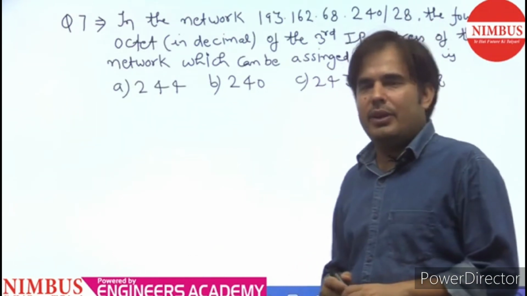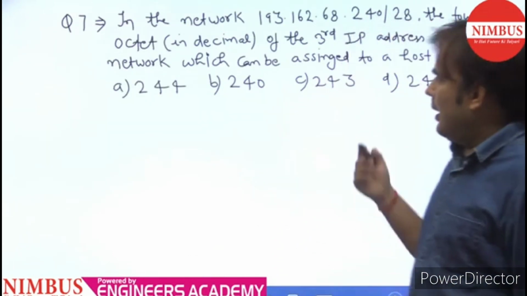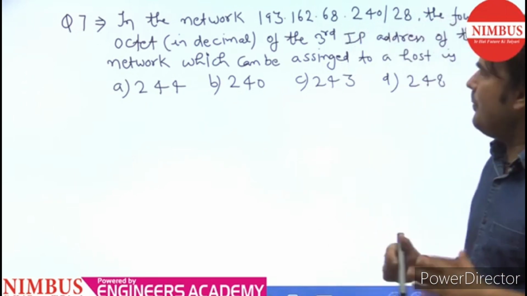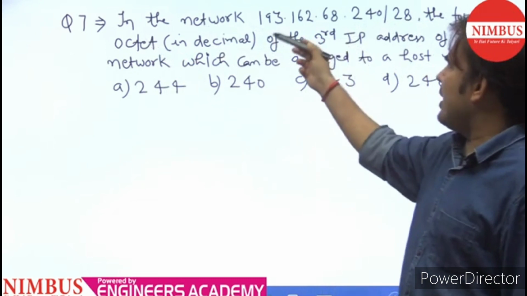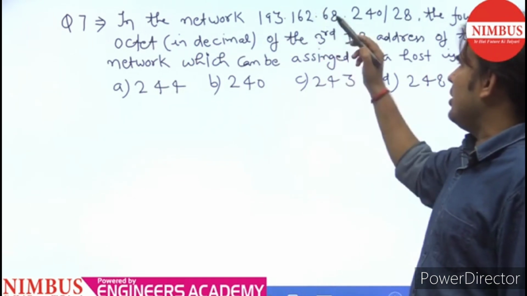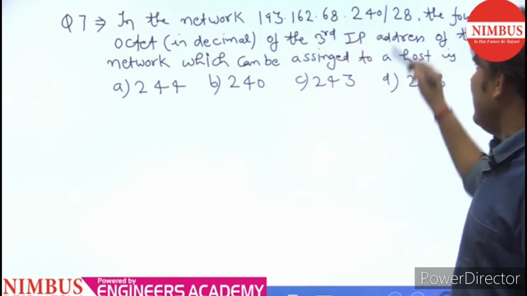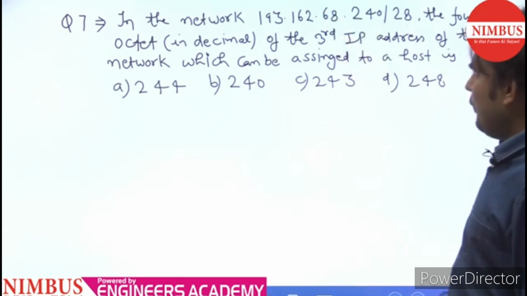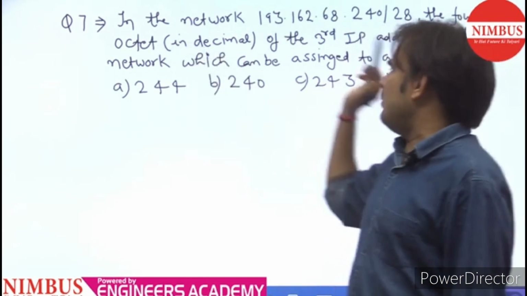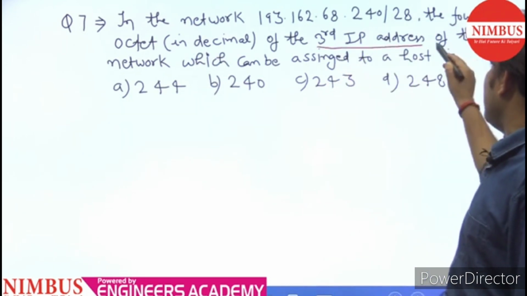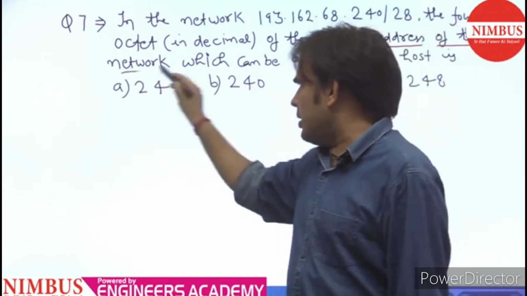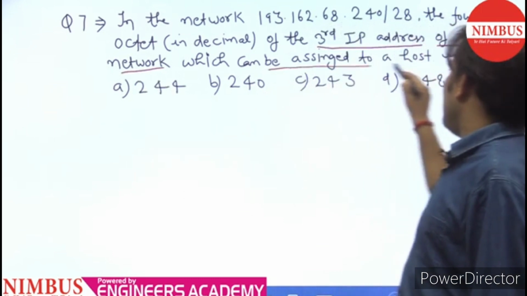Let's see the next question. This is question number 7. What is it saying and what is given in the question, let's see. Read the question first. In the network 193.162.68.240/28, the 4th octet in decimal of the third IP address of the network which can be assigned to a host